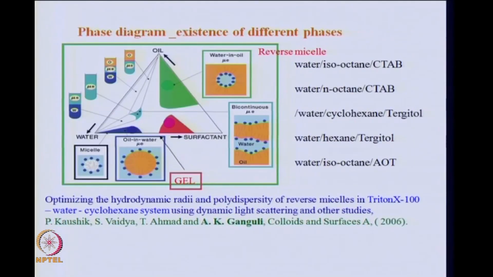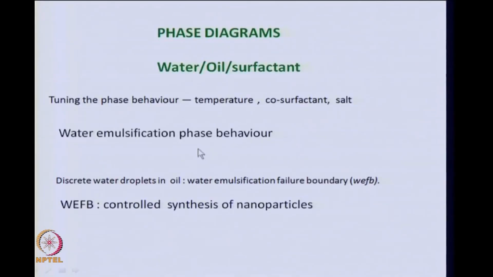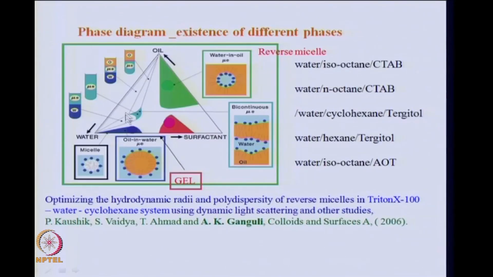Now, when you have this kind of system of microemulsion, the understanding of the phase diagram is very important, because you have water, you have a non-aqueous medium and you have a surfactant. Now, this is called a ternary phase diagram, and within this ternary phase diagram some compositions will lead to say